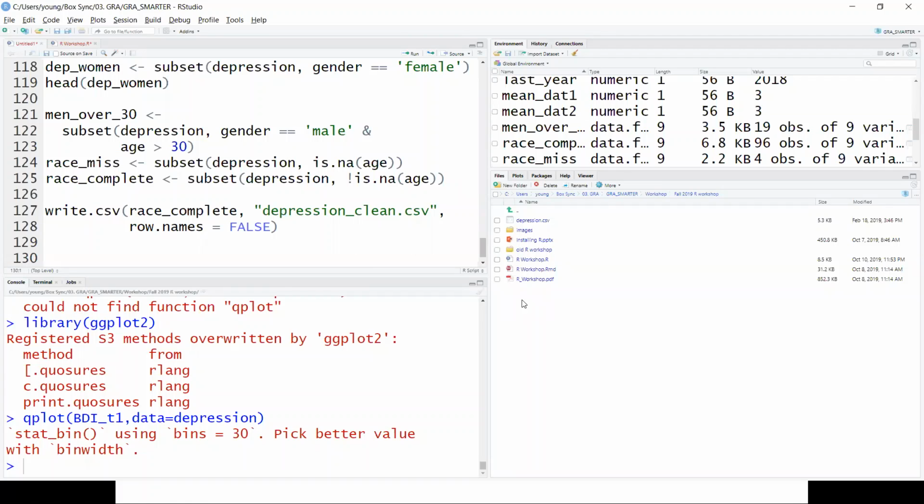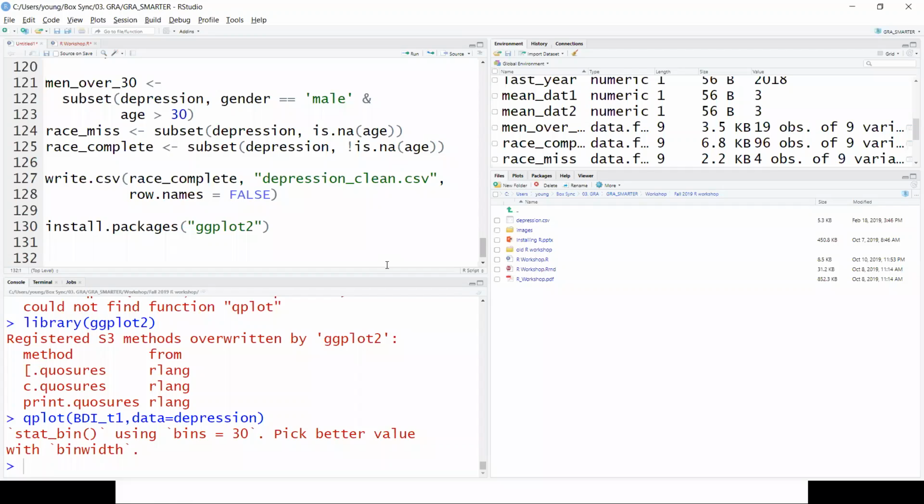If you have it installed already, then you don't have to run this line of code, but otherwise you should. If you have any trouble installing the package, Signal and Youngry will come and help you, unless everyone's having trouble, then we'll both walk around.